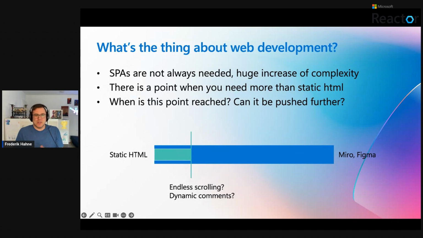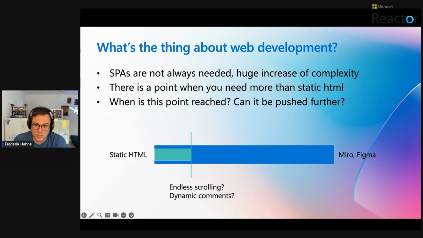Okay, so what I'm talking about is web development. In the last couple of years, somehow single-page applications became the de facto standard when building web applications and web UIs. But it also increased the complexity you have to handle. So you have different tools, new tools. Basically, every month there is a new shiny tool in the JavaScript world you need to try. And it increases the complexity you have to handle. You have an API you need to manage, and the front end. And the question is, do we really need this complexity?